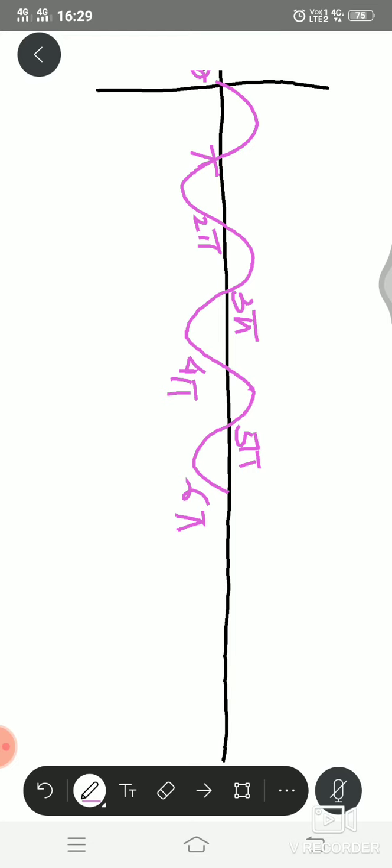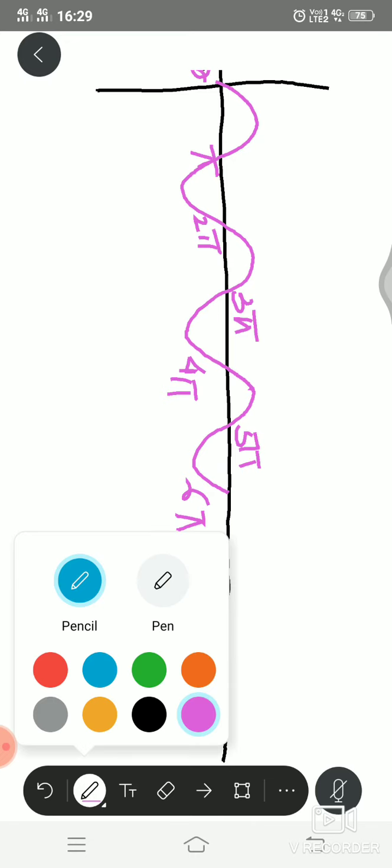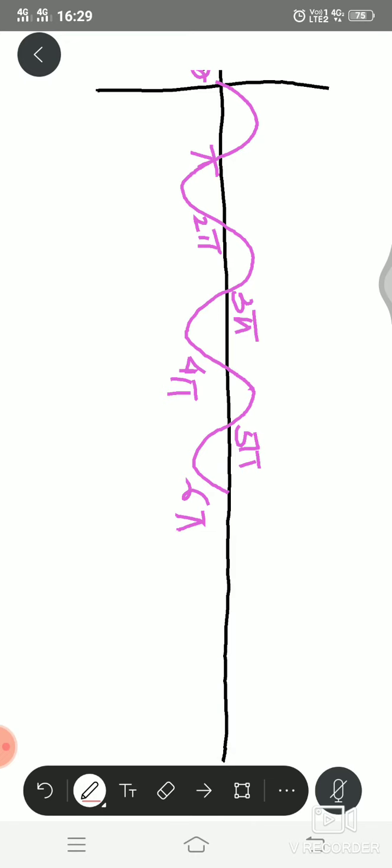Now, after this number of cycles, we are making the thyristors off for say 2 cycles. So for 2 cycles, we are making it off. Okay, for 2 cycles. So 6 pi, 7 pi, 8 pi,